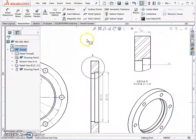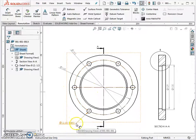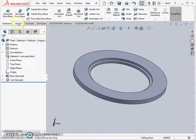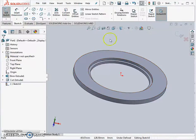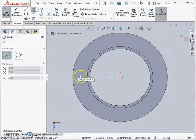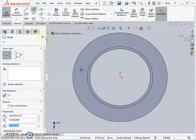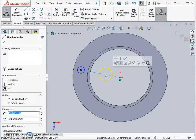So just a quick look at the drawing again, and we can see the hole detail here. There's 6 holes, they're 12.5 diameter, and they're on 165 PCD. So back to part, we sketch again, pick this top surface, and again look normal to. So let's draw the circle. We can draw the circle off the horizontal, and a small trick is to use the center line from the center of the part to the center of the circle. If you select that line and select make horizontal,